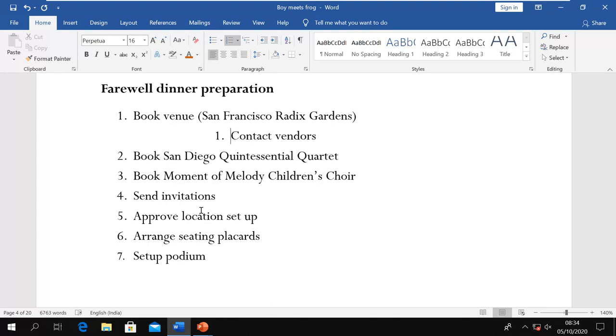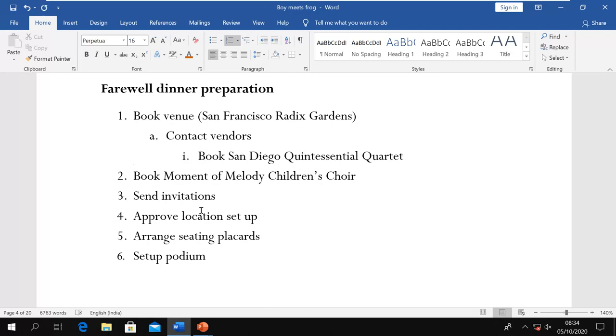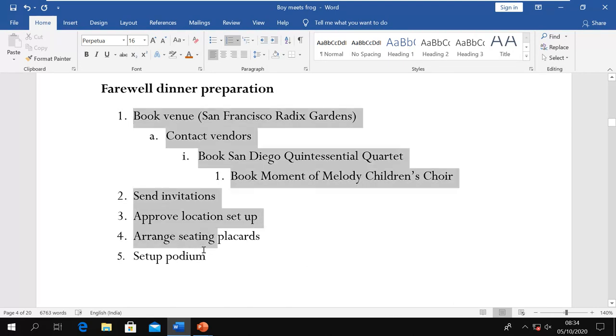So you can change those levels. If you want to decrease, shift tab. I will put this one as a third level, now this one as a fourth level, and so on.